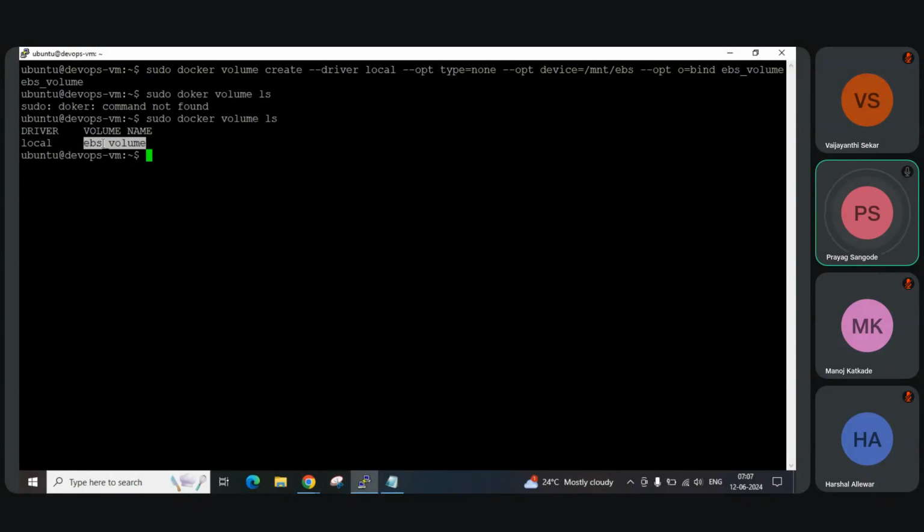Okay, so we created a volume, but Docker is not aware about that volume which is attached to the EC2 instance. To make it aware, we need to use this command. Okay, we are saying to bind it as an EBS volume, and use this device /mnt/EBS. /mnt/EBS is nothing but an EBS volume which is mounted on this /mnt/EBS. Okay, and we are using the local driver. Some third-party drivers are also available which give better performance. Okay, so we have created the Docker volume and we can mount it now inside the